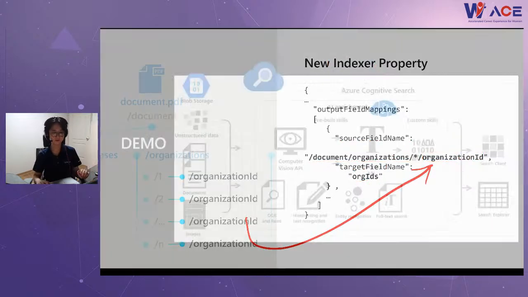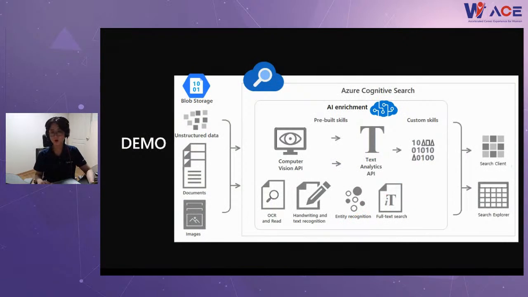So these are the components that consist of cognitive search. Okay, now it's demo time. I'm going to show you a demo. This demo is based on a fictitious company, a travel agency named Margis. I've already created Azure Cognitive Search, Cognitive Service, and blob storage.